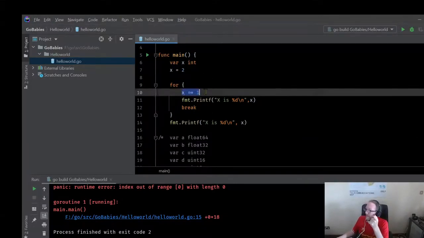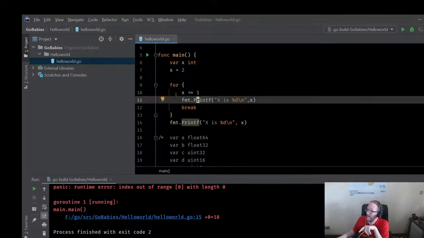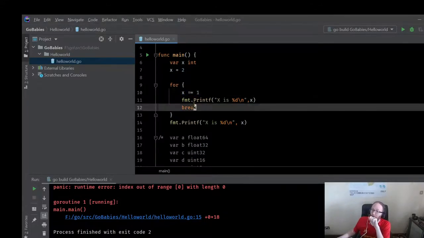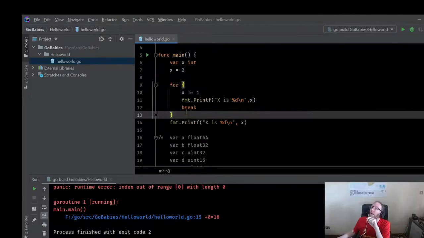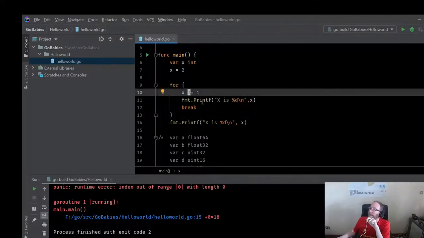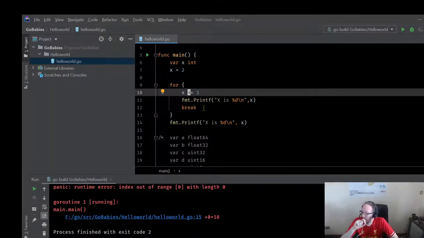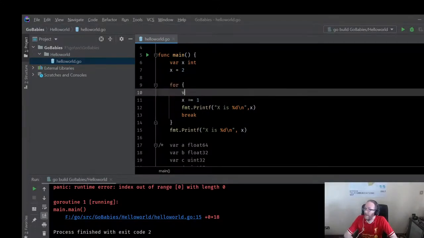However, this x over here, x colon equals 1, is actually declaring an entirely new instance of x inside the for loop, if I remember correctly. Because effectively what is happening inside here has got a completely different scope. You've got to be careful of this, because if I were to do something like this,